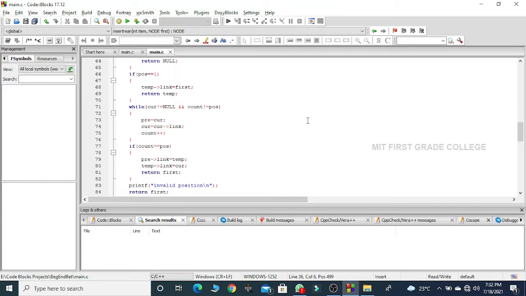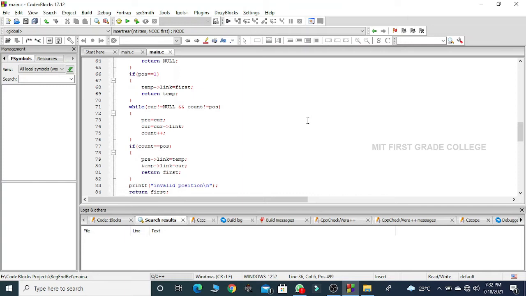Current's link part is holding the address of the next node. That node's address will be assigned to current, hence my current will point to the next node inside my linked list, and I increment my count. This happens until my count is equal to the position.